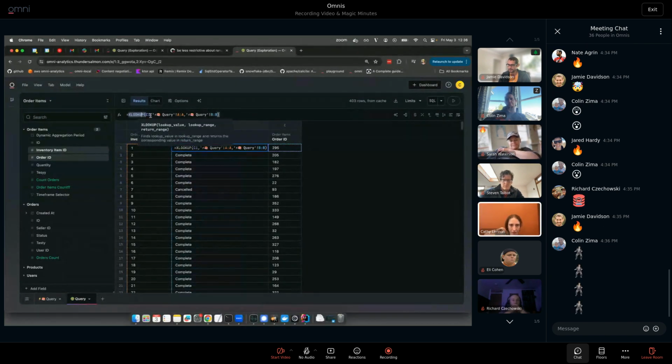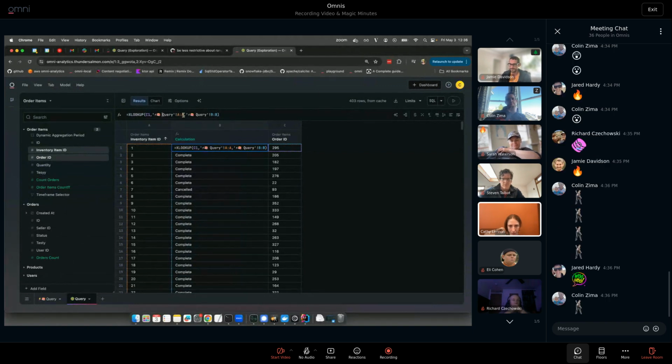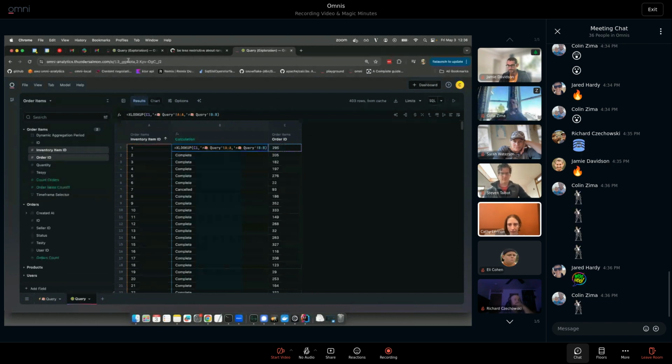Things to note is it only works if you're looking at the full columns, and if you want to do tab names with emojis, you've got to quote them. And yeah, that's it. Oh, and we need to be on the new URL scheme for it to work